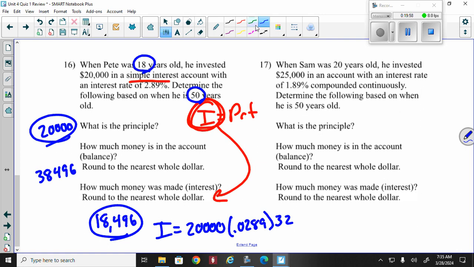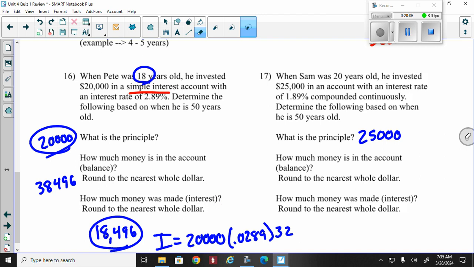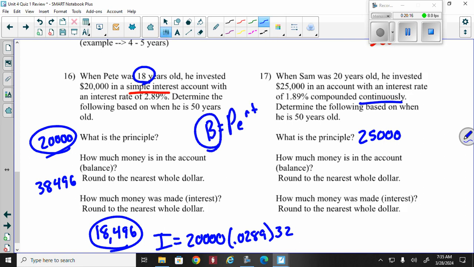All right, when Sam was 20 years old, he invested 25,000. That's our principal. All right, I need some room to write, so let me erase this. All right, it says compounded continuously, so that is the... My bad. It is the B is equal to Pert. Now again, notice guys, the formula started with B, so that means I'm going to get the balance when I press enter. So 25,000